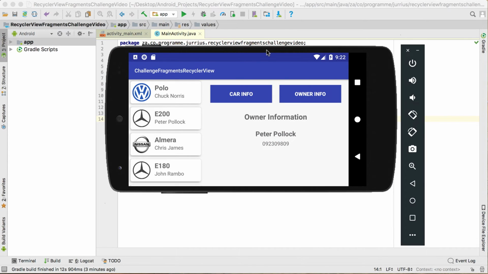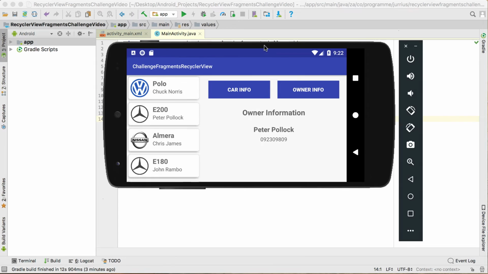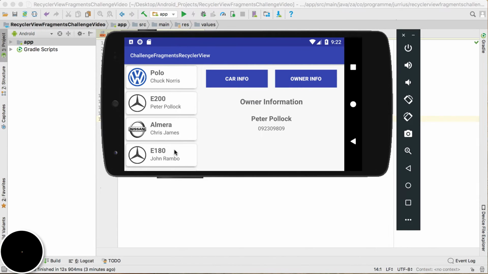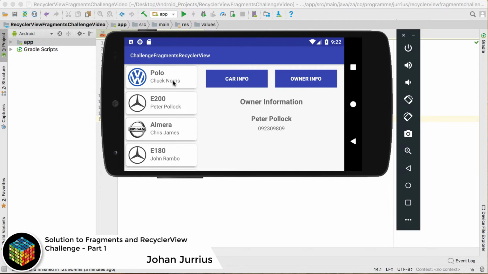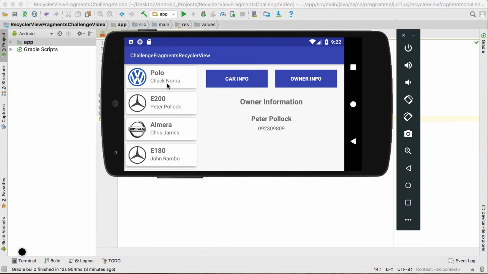Right, so let's look at the answer or the solution for this challenge. So this is the challenge. We must create an application that looks like this. This is your recycler view with your card view inside of the recycler view there. And you can see that we need a make, the model, the owner's name, as well as the owner's telephone